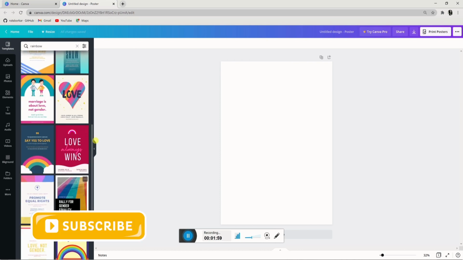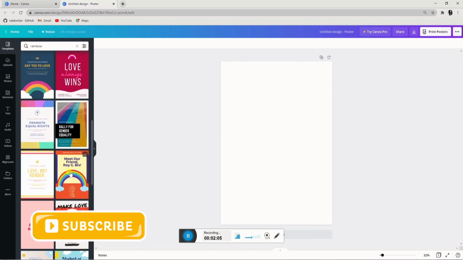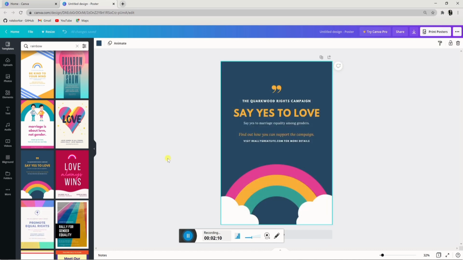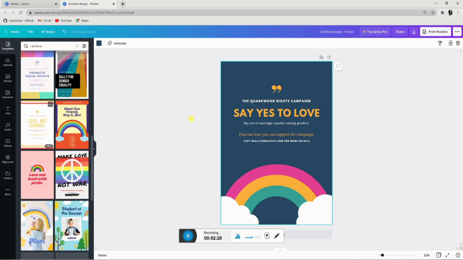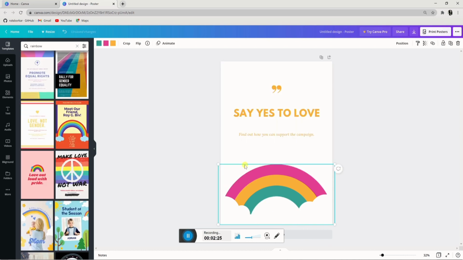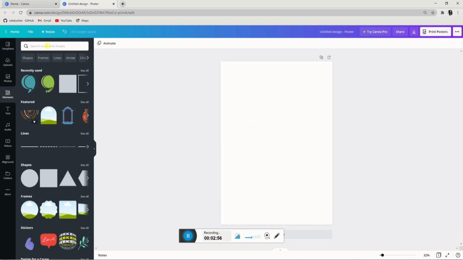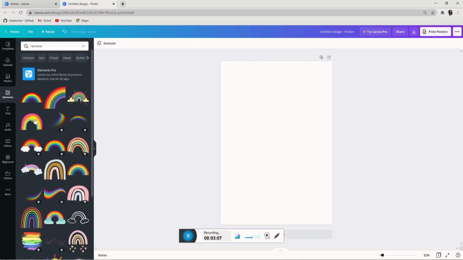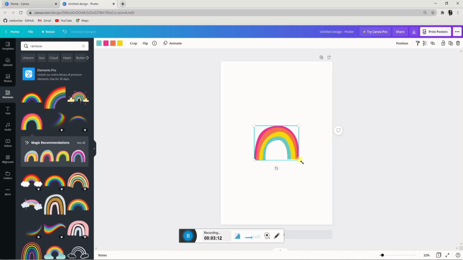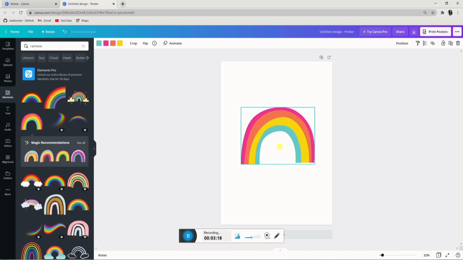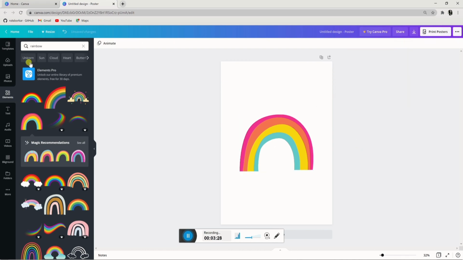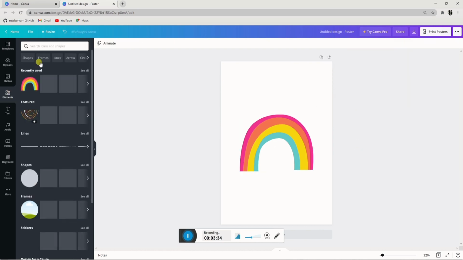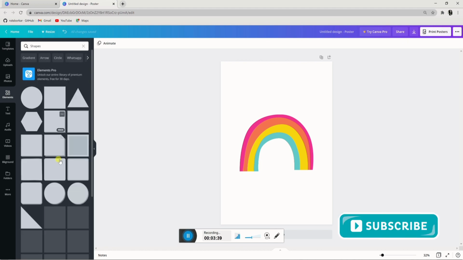Canva provides all the elements in vector format. That means even if we stretch the design from a smaller one to a bigger one, it will not pixelate. So here I am trying to make one poster from scratch. I have chosen one element for a rainbow. This is a vector image of a rainbow. See the vibrant colors. You have the freedom to change these colors, but I really like this combination, so I am going ahead with this.